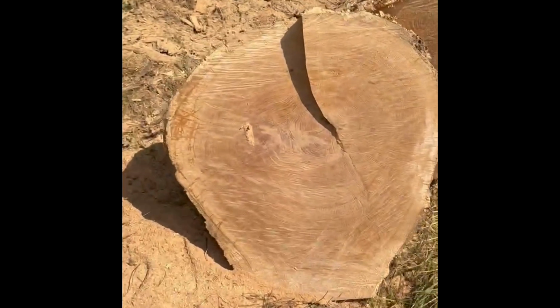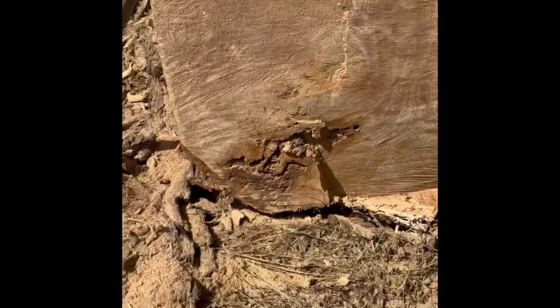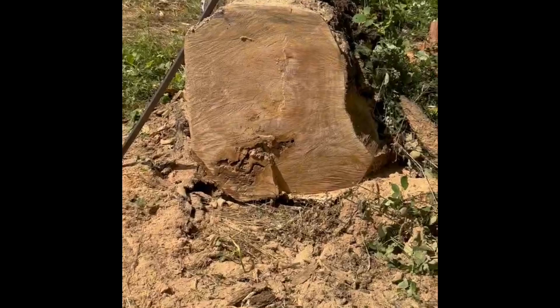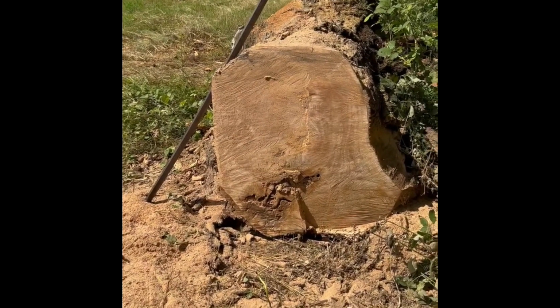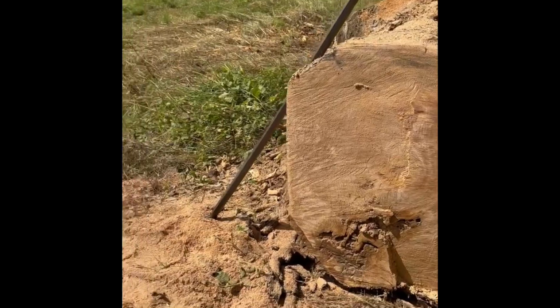That's a nice one. And that's what's left of the tree up to now. You can just start to see now, compared to this one, no rot at all in that one, but that one there is just starting to see the rot, and if I go to the other end you can see it completely. And I remember reading somewhere that a big old oak tree can be host to something like 10,000